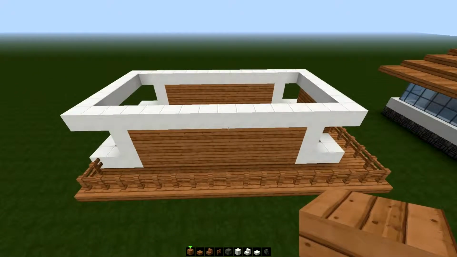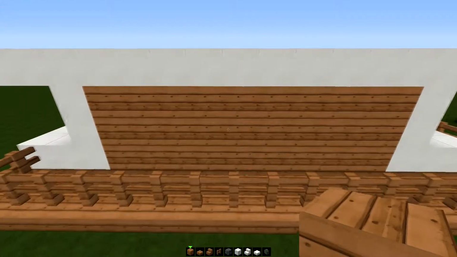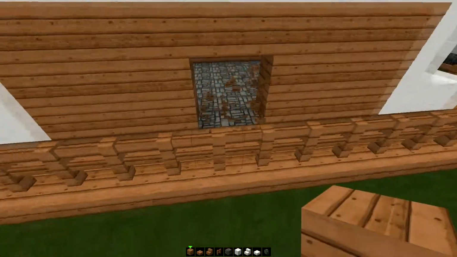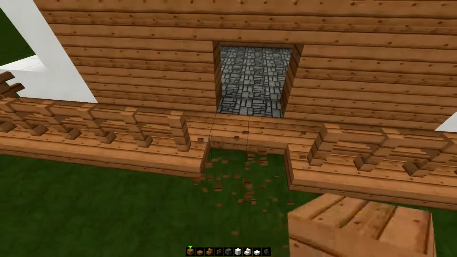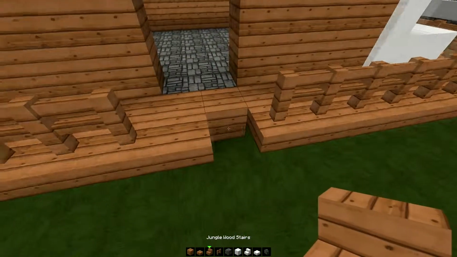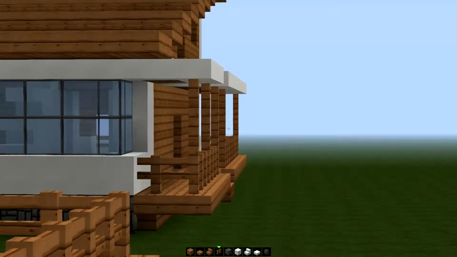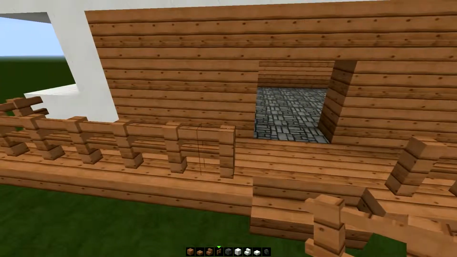Ding! Done. Now it doesn't have a door, so what I'm going to do is punch a door in. I elected to put my door in the middle. You can put yours anywhere. This is really just a template for you to do anything with. I elected to put my door in the middle because I'm a sucker for symmetry. Add some stairs and some planks,